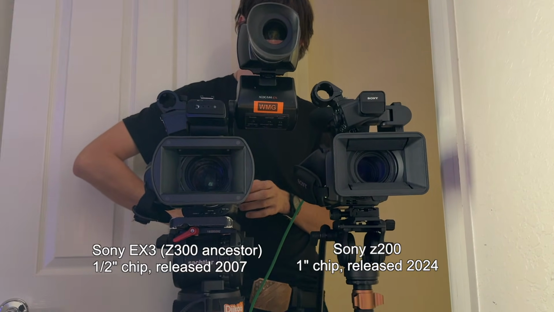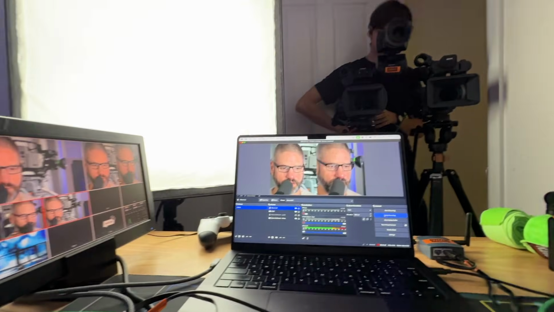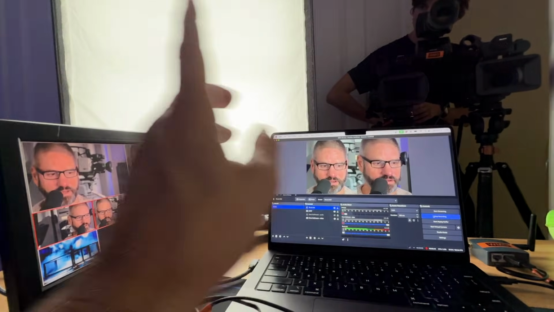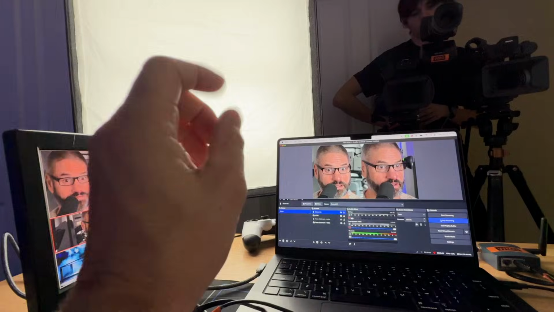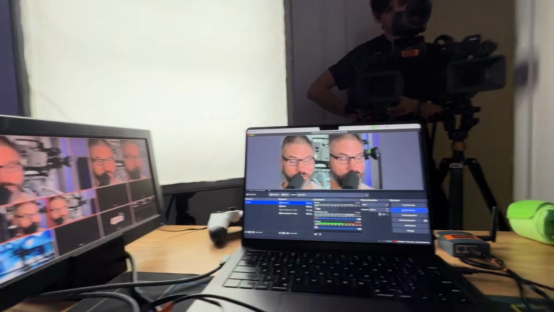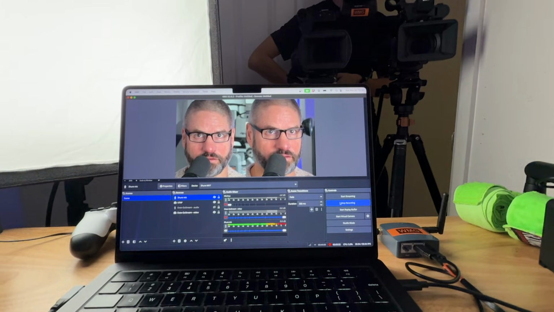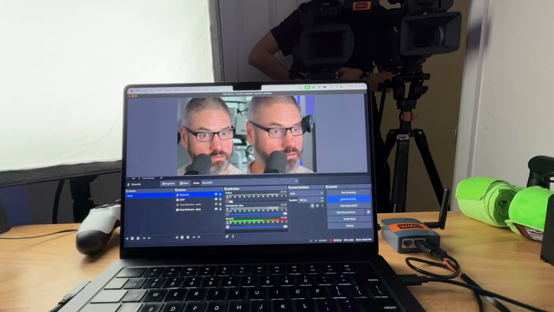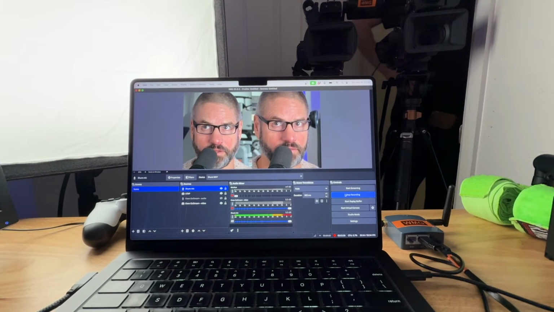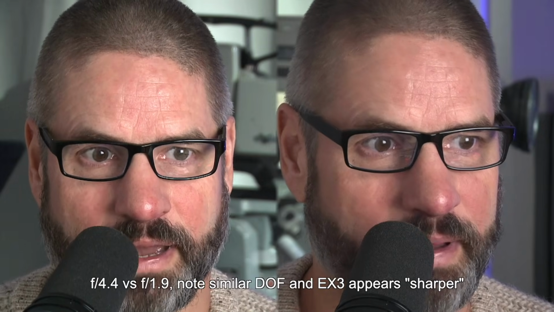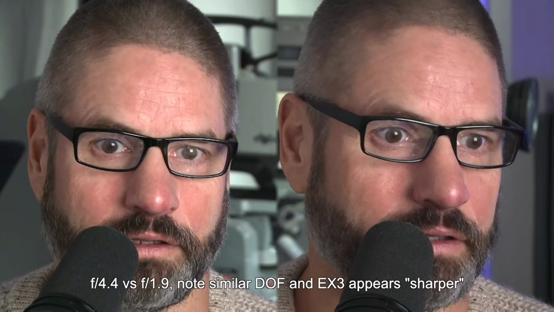So we've zoomed in 3/4 of the way on both cameras. I'm just looking in OBS. I've got an f22x, it's at 1% right now, and I had to scoot back a bit. One of these cameras is the EX3, set to 0 dB at f1.9. It's wide open. And then we zoomed in the Z200 to the darker side of the lens and then gained it up. So to get about the same exposure, just evaluating here off my MacBook screen, they're pretty close, but